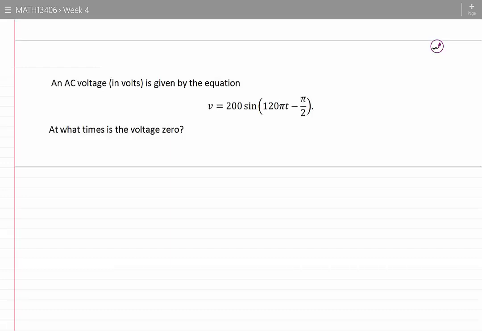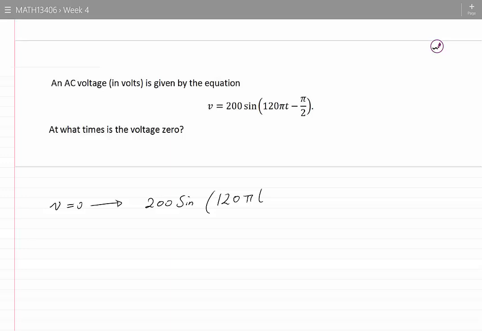An AC voltage in volts is given by the equation V is equal to 200 sine(120 pi t minus pi by 2). At what times is the voltage equal to 0? If the voltage is equal to 0, that implies that 200 sine